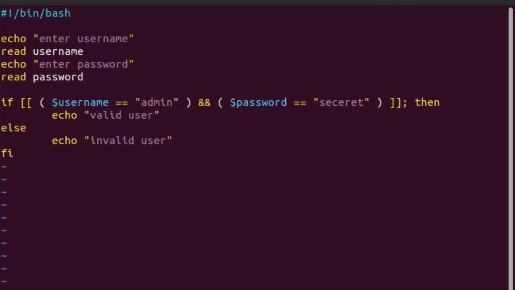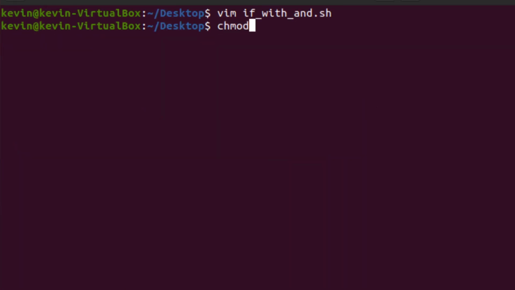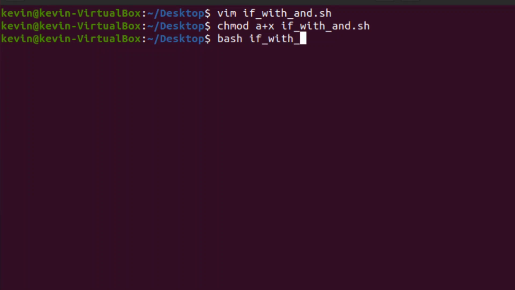So let's check that out. We'll do escape, write quit. We're going to make it executable, so chmod a+x ifwithand.sh. We're going to execute it with bash ifwithand.sh. Enter username. I'm going to do admin. Enter password, secret,